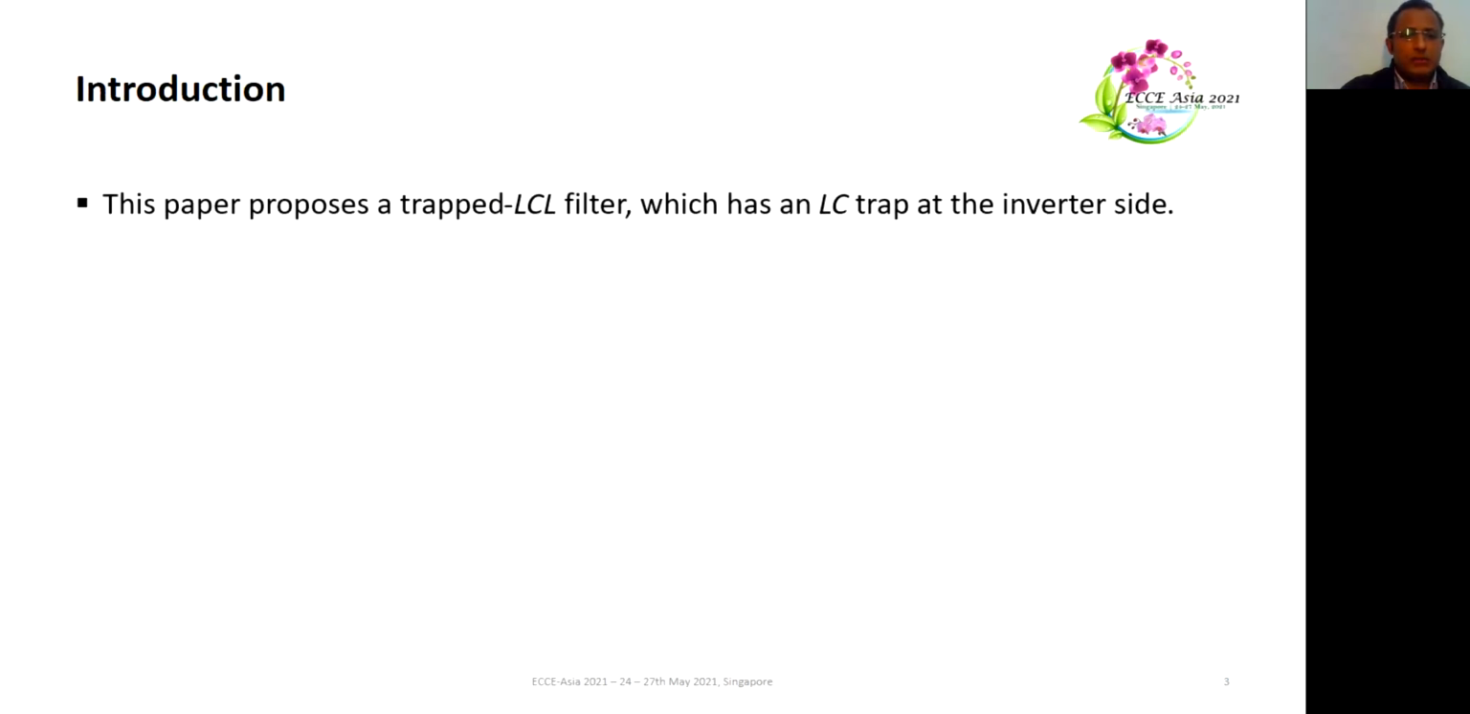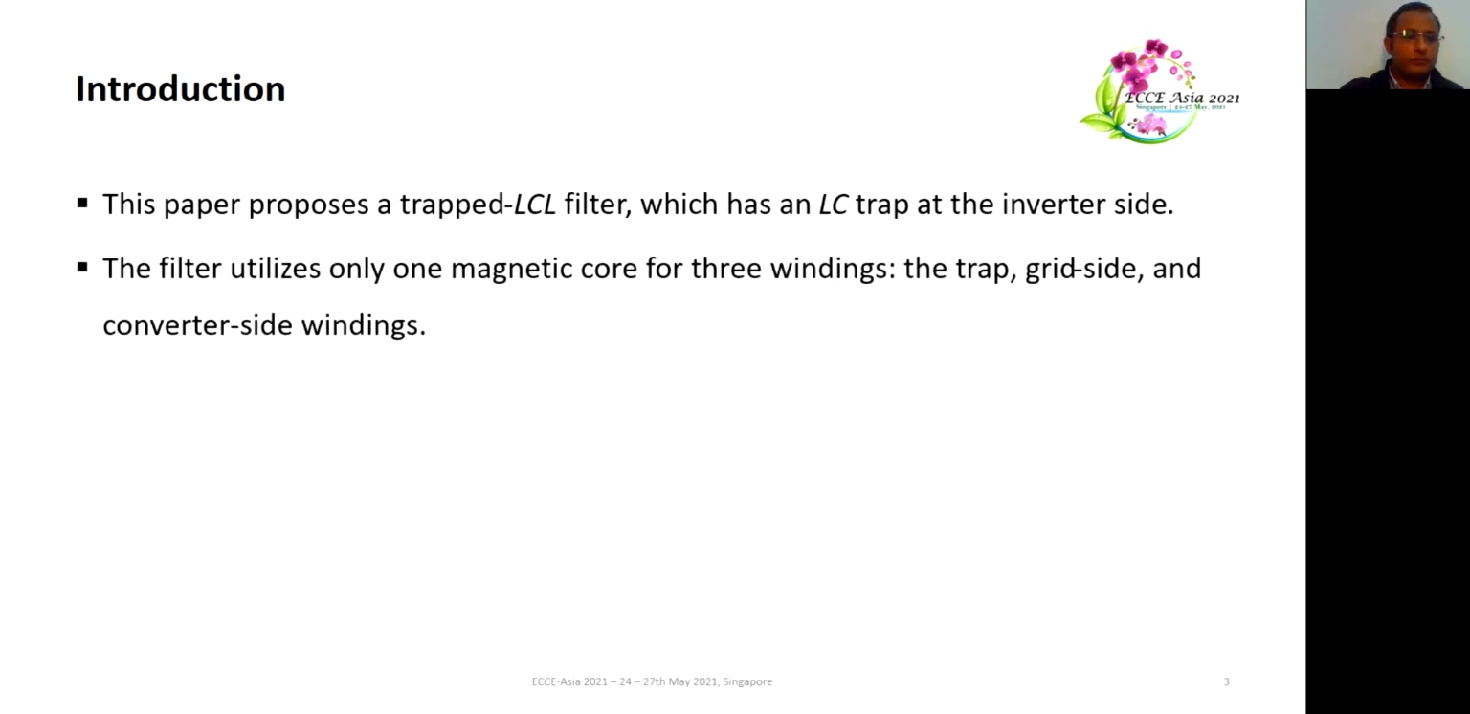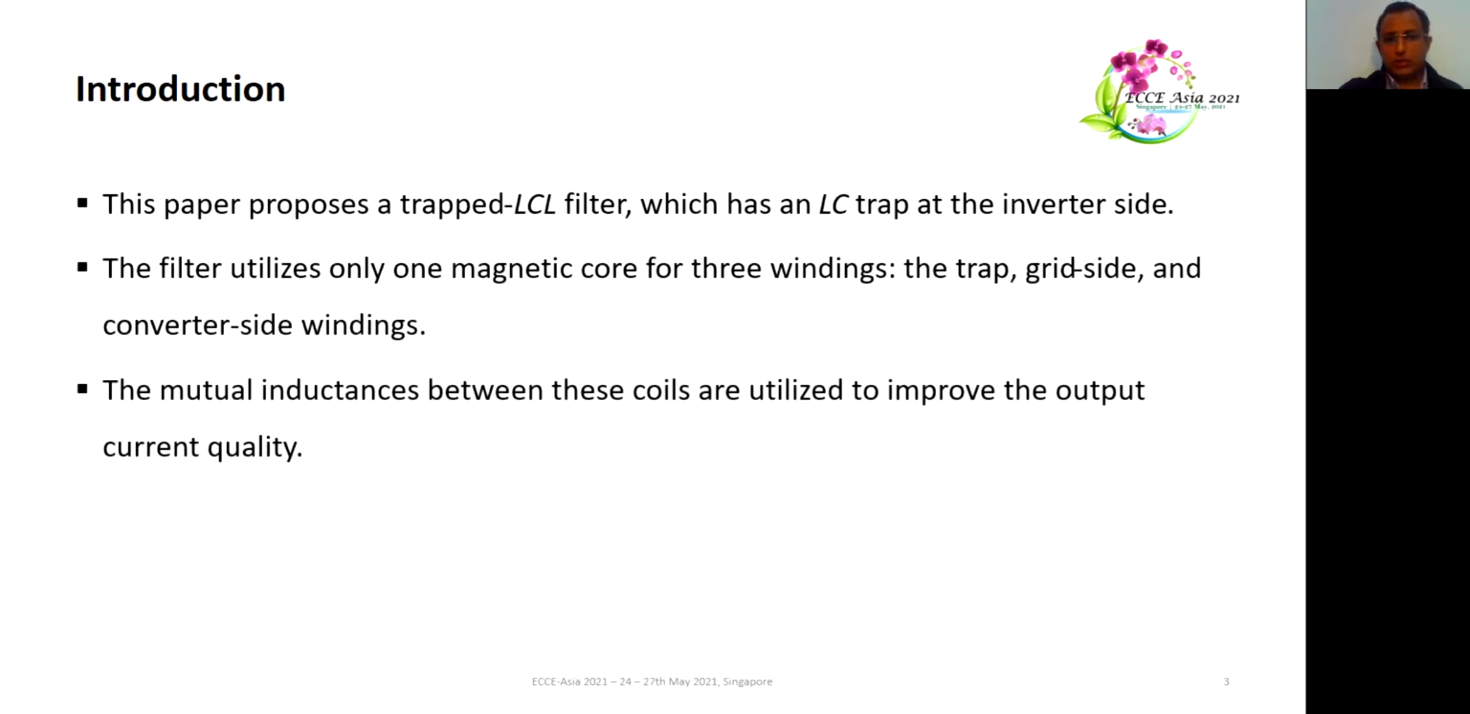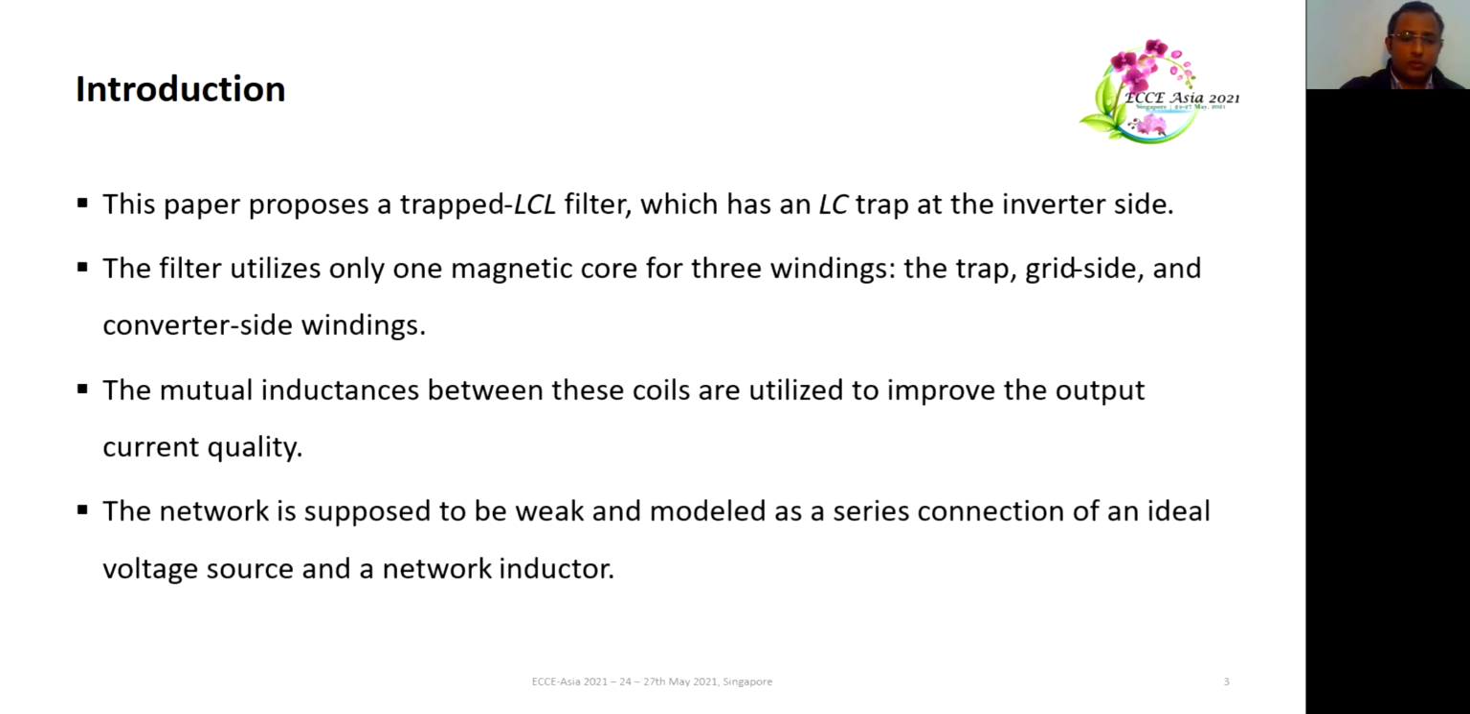Introduction. This paper proposes a trapped LCL filter which has an LCL trap at the inverter side. The filter utilizes only one magnetic core for the three windings: trap, grid side, and converter side windings. The mutual inductances between these coils are utilized to improve the output current quality. The network is supposed to be weak and modeled as a series connection of an ideal voltage source and a network